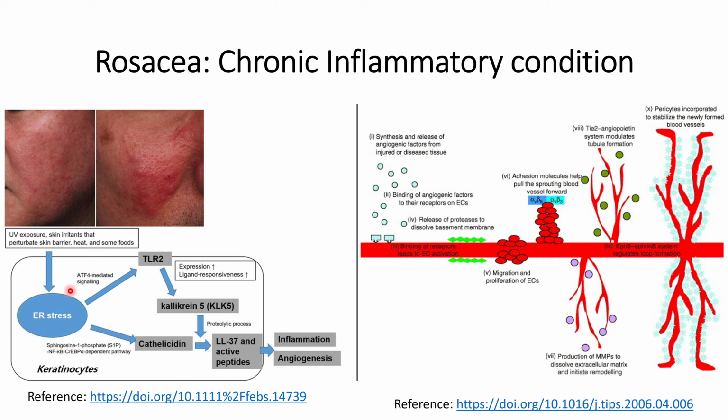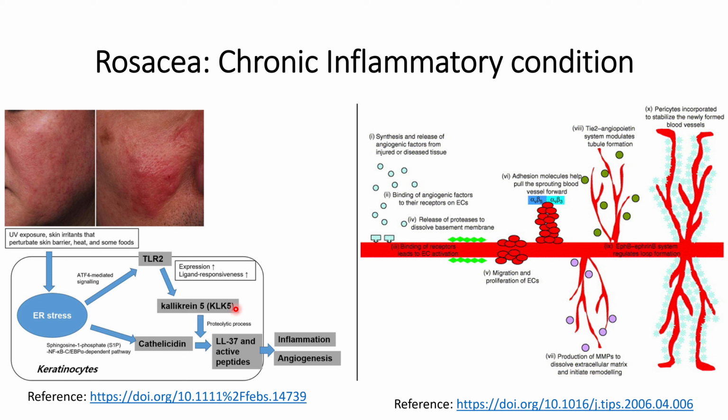What happens within the cell is that ER stress is induced, and that will lead to ATF4 mediated signaling, and whenever these signals get activated, it will trigger the TLR2 signaling response, or toll-like receptor. It will activate the toll-like receptor, and this will lead to upregulation of kallikrein 5, or